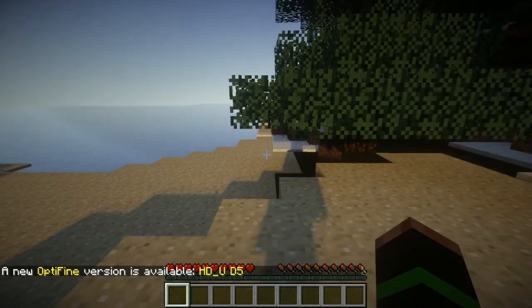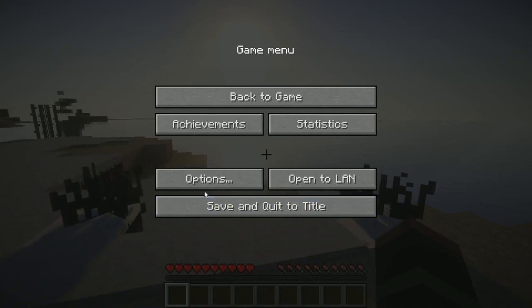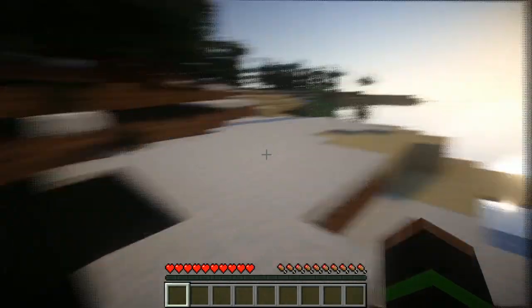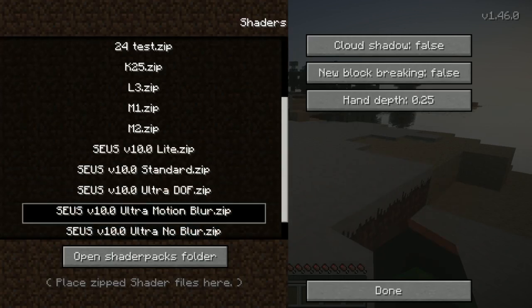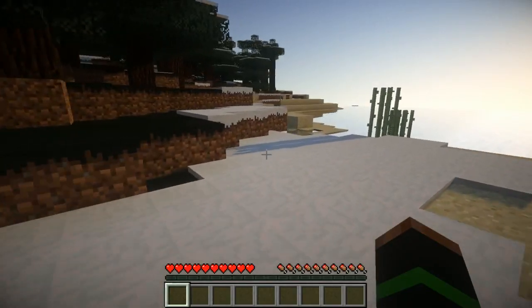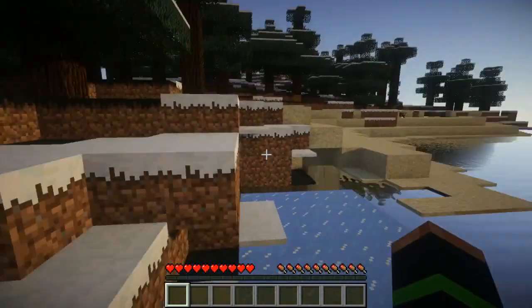Whoa, motion blur. That's crazy stuff right there. I don't know if I want motion blur. Or, in that case, advanced OpenGL. Yeah, that's way too much, sorry. Shaders. Is that right? Yeah, that's better. Okay. Now that we're done with that,